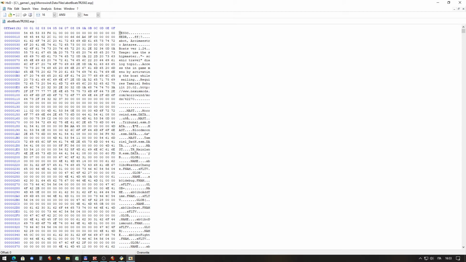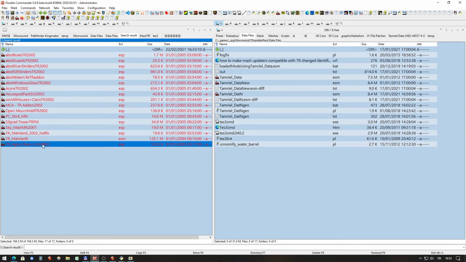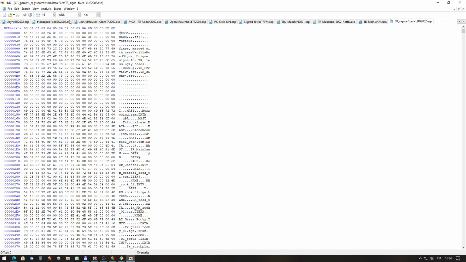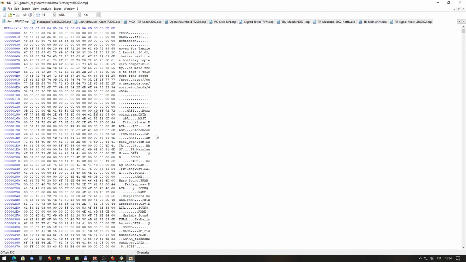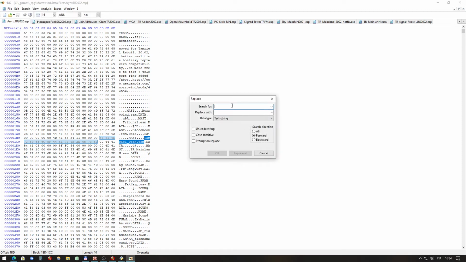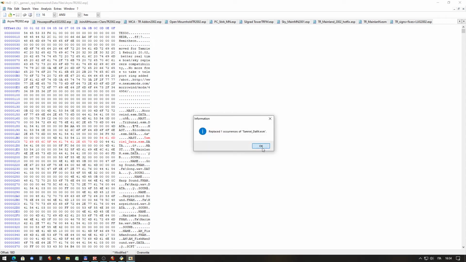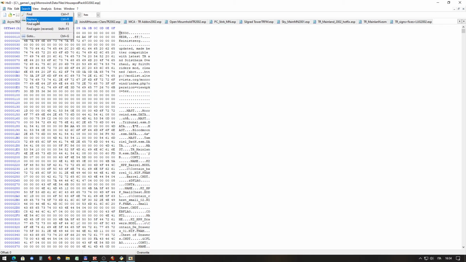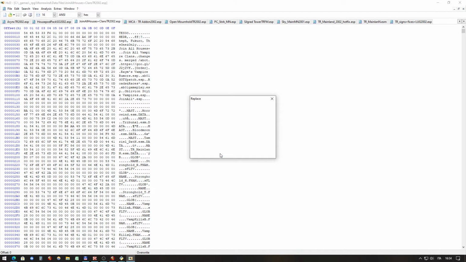So what we do is drag and drop our files, open them, and then we search and replace the master name from here. For instance, we look for this, search, replace, and replace with Tamriel Data. Replace all. And we do this for all the files. So we click here, search, replace all, search, replace all, much faster than